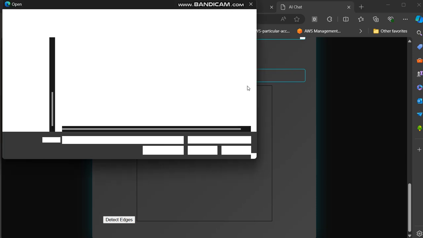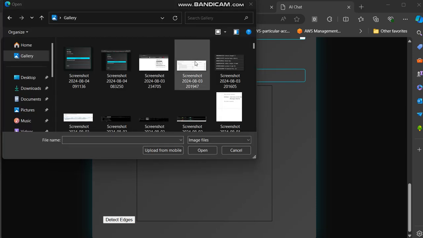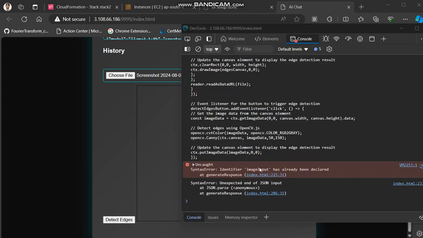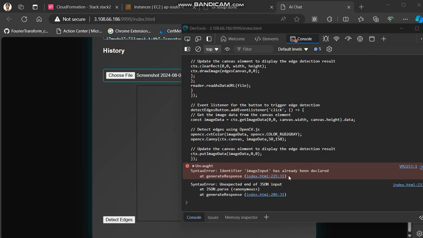But if I put an image, I don't think it will work. So let me put one of these images and detect edges. It will give an error, and this is not related to canvas but image input. So anyways, this